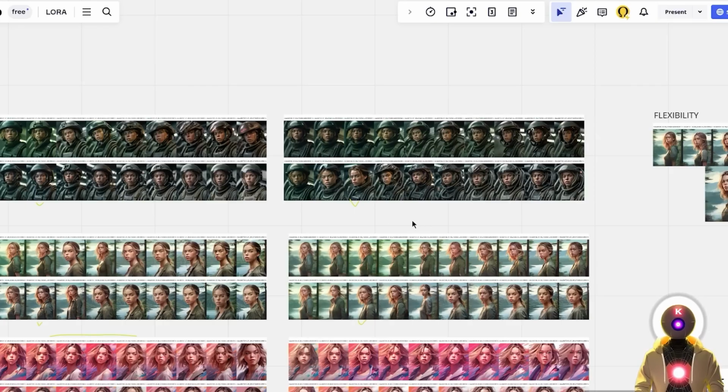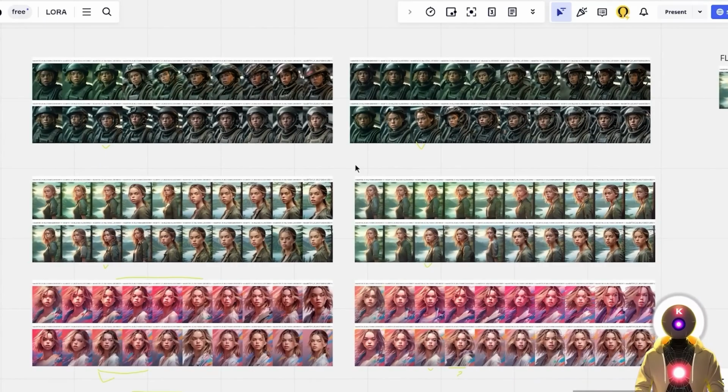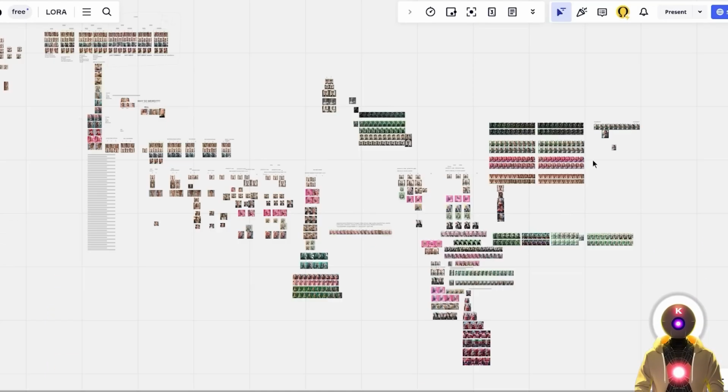Now of course, if you really want to find the right model for you, you should definitely generate a few more images using the same method I showed you so that you can find the best model for you. And there you go. Now you should know everything that there is to know